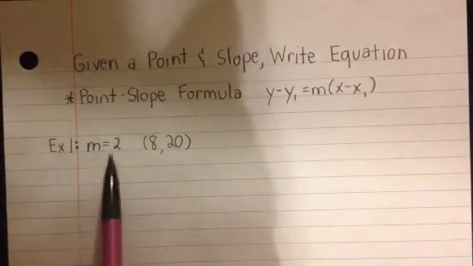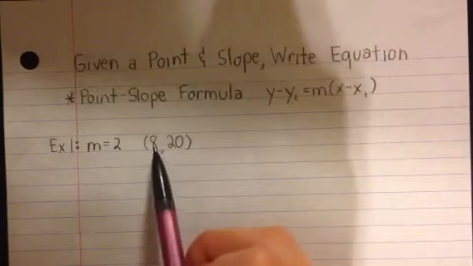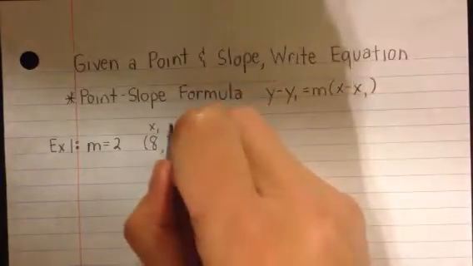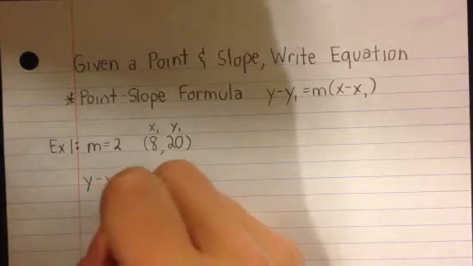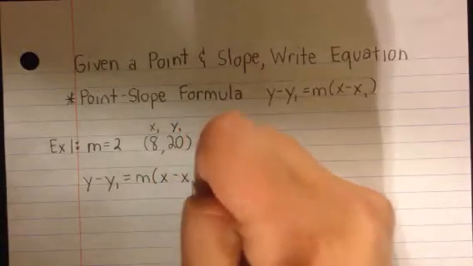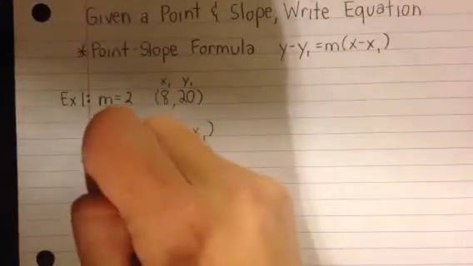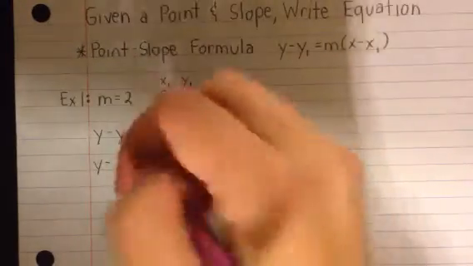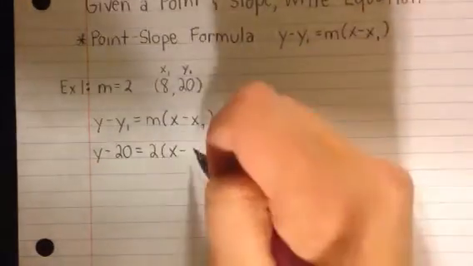For example, in example number 1, we're going to write an equation that has a slope of 2 and passes through the point (8, 20). So in order to plug in, I'm just going to label this x1, y1, and I'm going to copy my formula down as I see it. So y minus y1 equals m parentheses x minus x1. So from here, I'm just going to plug in everything. So I've got y minus 20, since that's y1, equals m, the slope, is 2, and then x minus x1 is